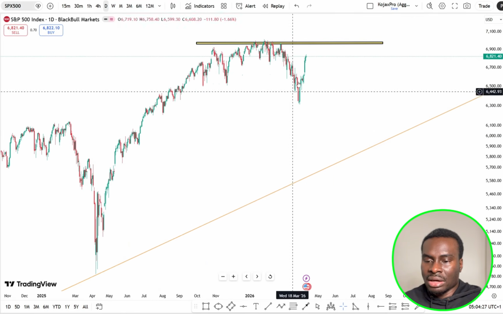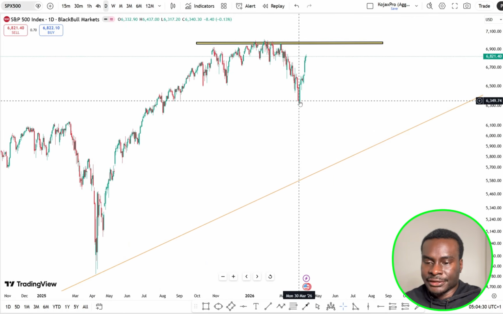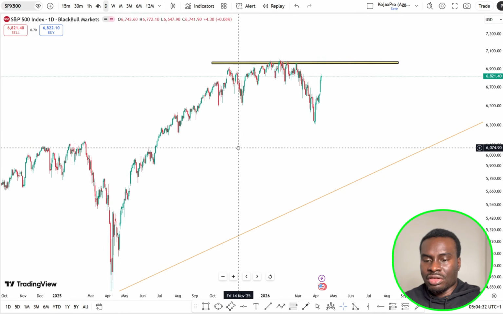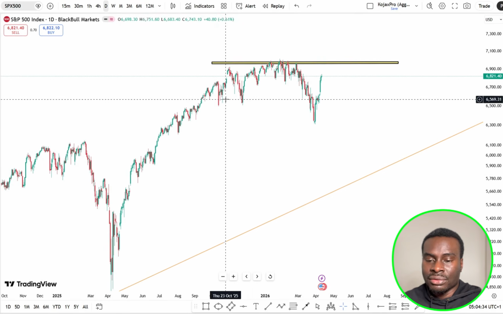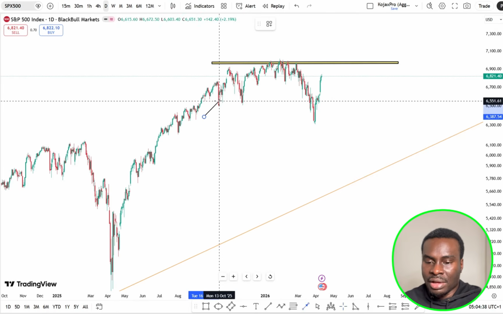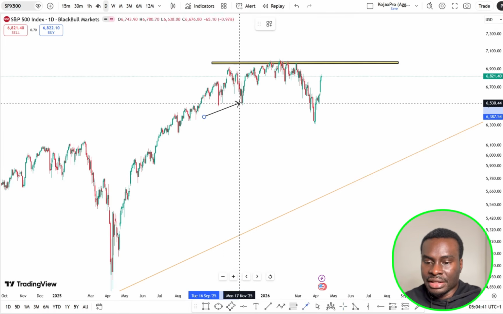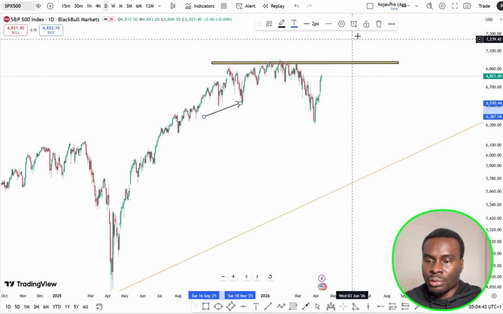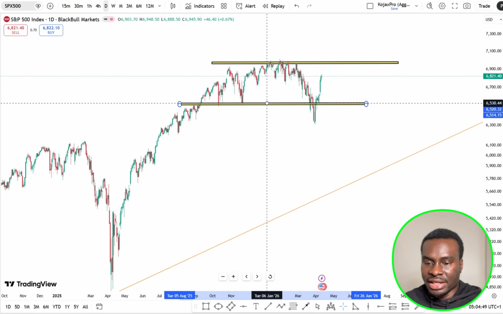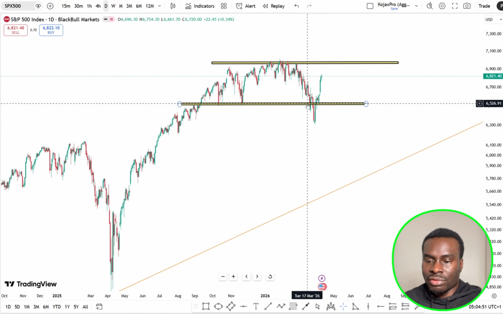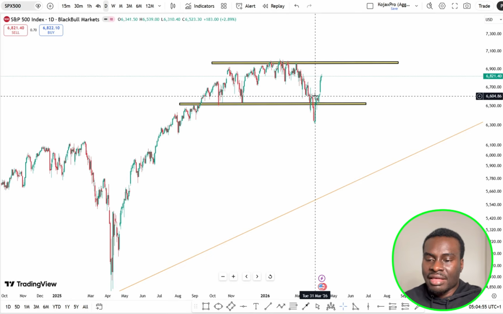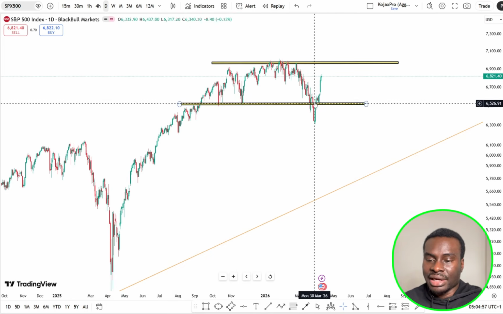So after we had pushed down like this, I was only waiting to see what price would do at a particular level. We have a level right about here because we have a reaction here, and then we also have a reaction here. I'll be quick to spot that there's actually a level here. Now, after this level was created, which I was quick to spot, price went and actually changed character right